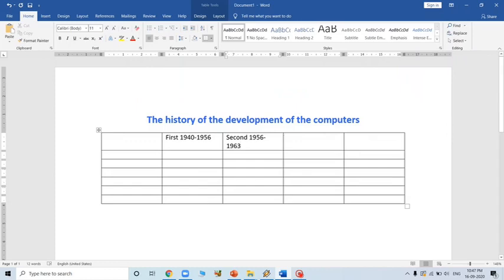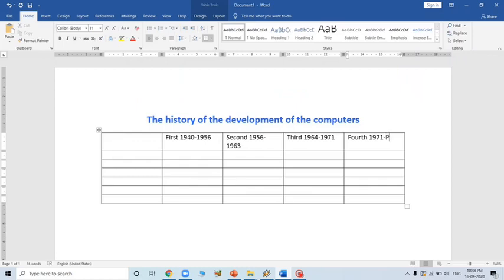Third computer is from 1964 to 1971. Now let's check the fourth computer. The fourth computer is from 1971 to present, which is the fourth generation.